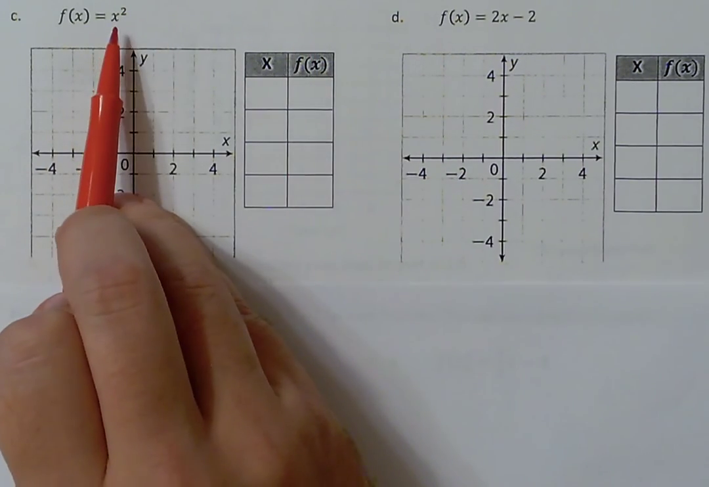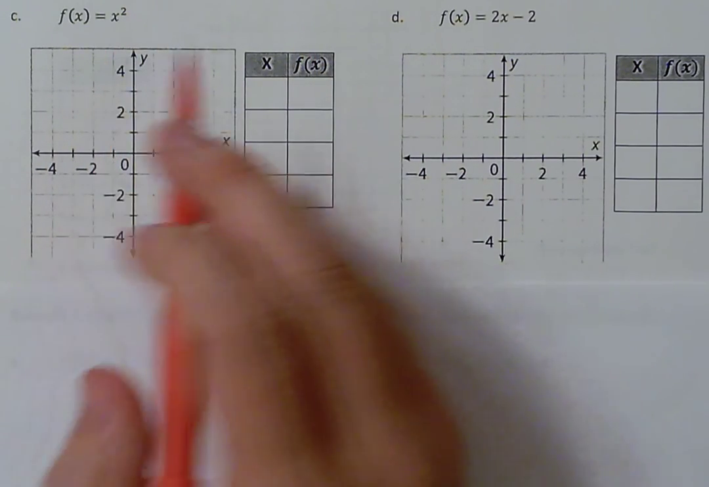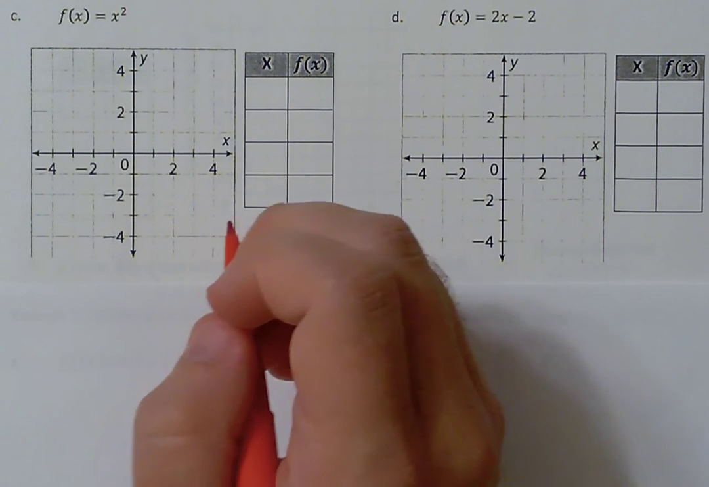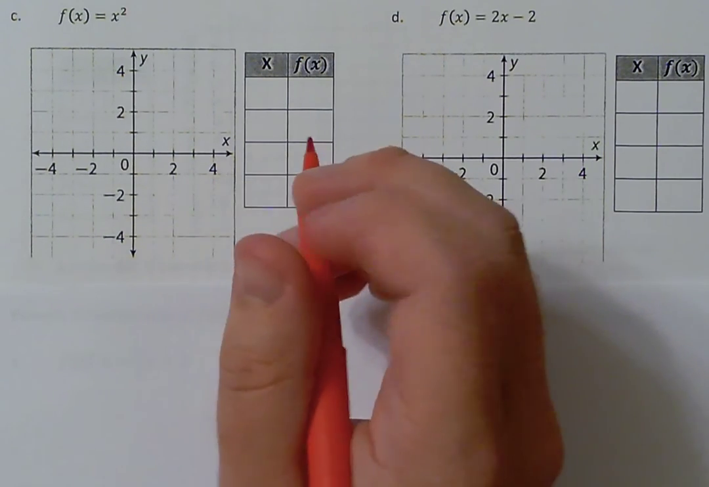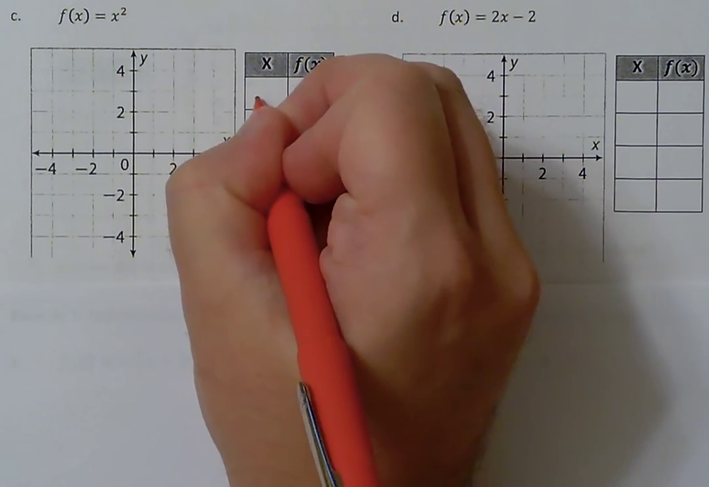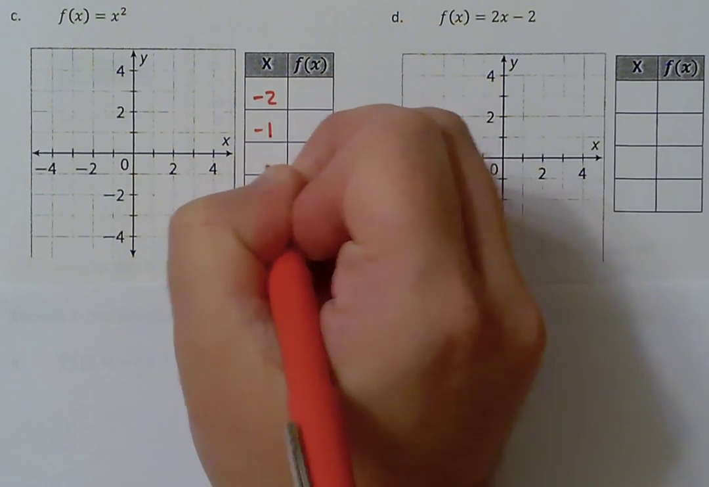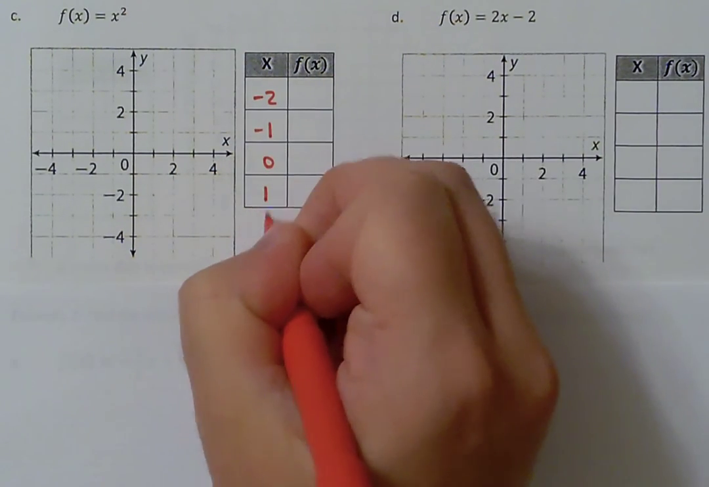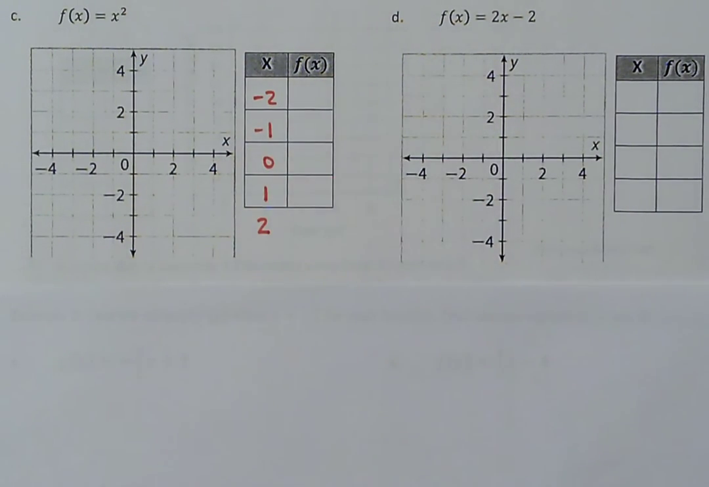Anytime you have something to the power of 2, you kind of want to go through and choose a range of numbers. I'm going to use -2, -1, 0, 1, and 2. I'm going to add one more than what they give me. And we're going to go through and plug these in. One thing I want to caution you with is when you go through and have anything to the power of 2,